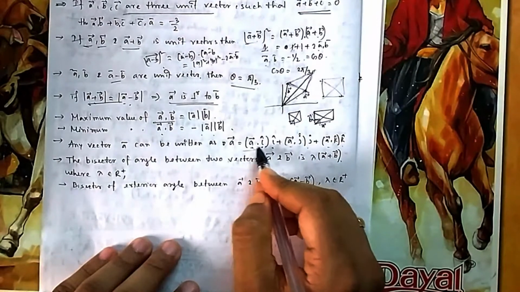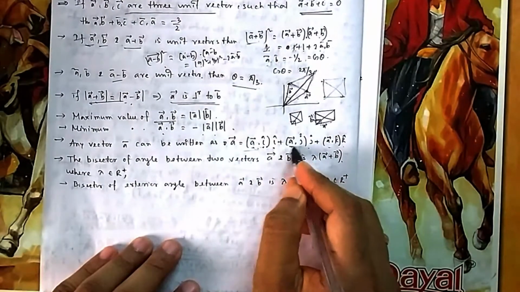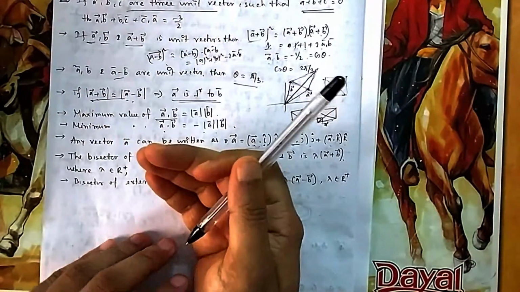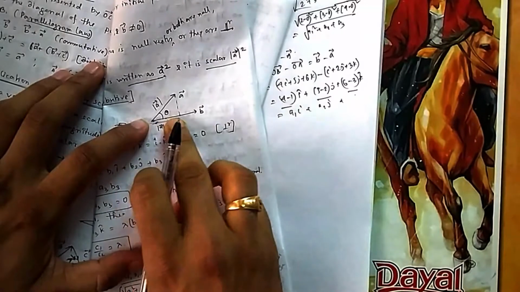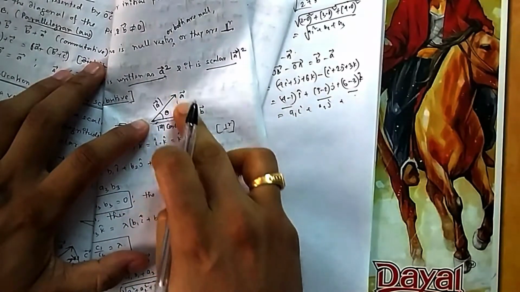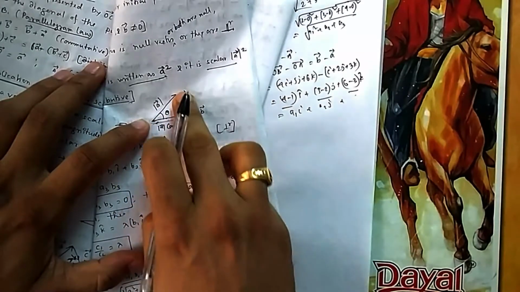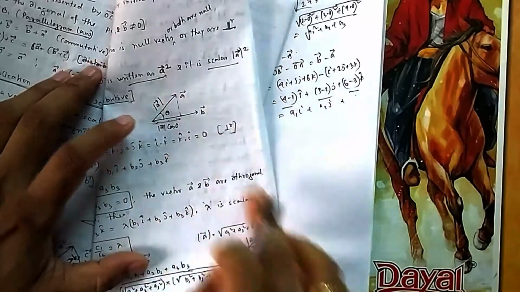So if I am dotting with I, it means what is the distance I traveled in x. If I am dotting with j, it is the projection of that vector on the y-axis. That means how much you move in that direction. If I take the projection of A on B, that means how much I moved in this direction, this much. And how much I move in this direction, this is this. So if I dot with I, that means how much I move in the x direction. If I dot it with j, how much I moved in the y direction. So that will also give me the coordinates of that one.